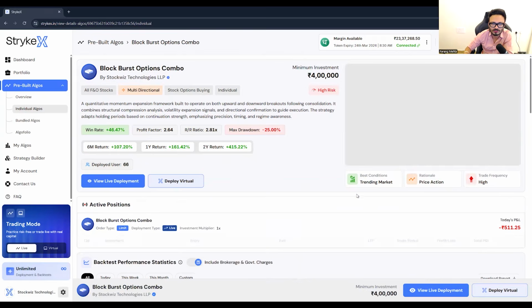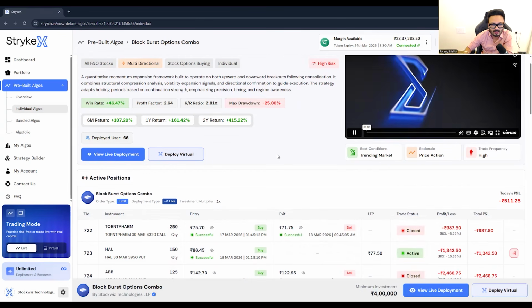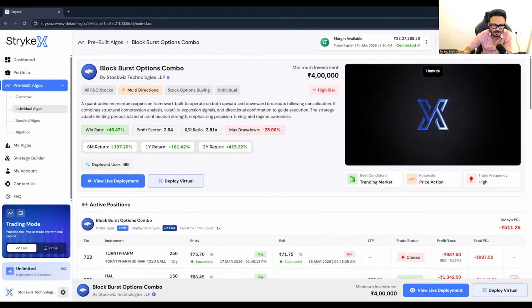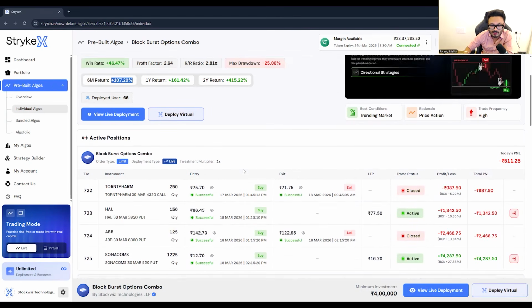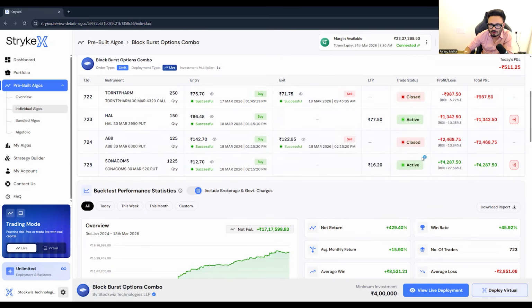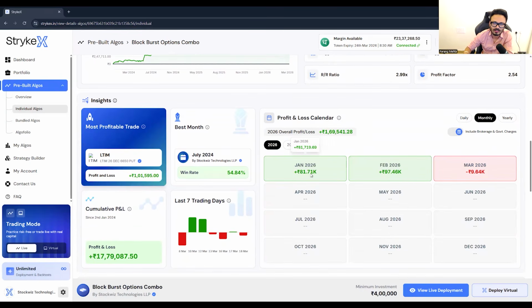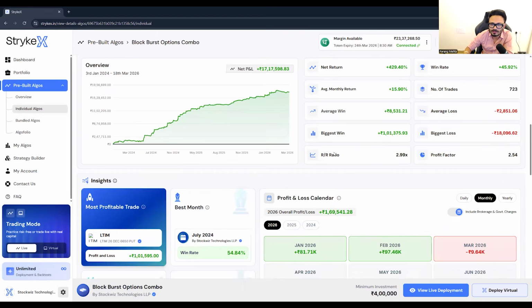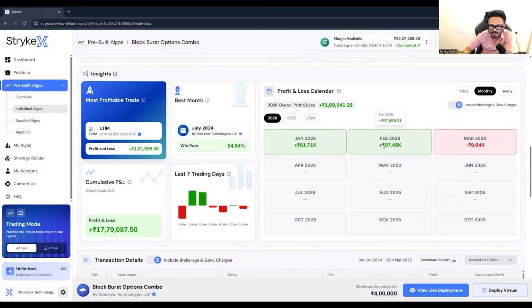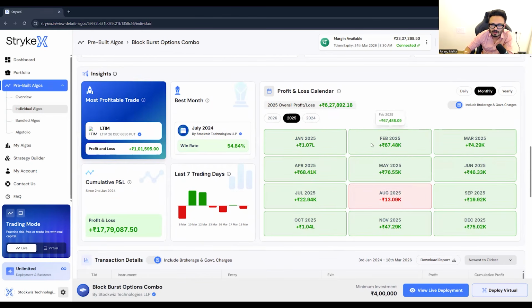So if I go to the combo's detail, you will see that this has given about 107% returns in 6 months. Currently, these are the running ongoing trades right now. And if you look at the monthly view of this, from a 4 lakh rupee capital, it made 20% in January, or 25%, and it is currently down about 2% in the month of March, right? In 2025, it had very good months. In some months, it even made 1 lakh. You can see in October and in January, it made a loss of 13,000 rupees. So again,